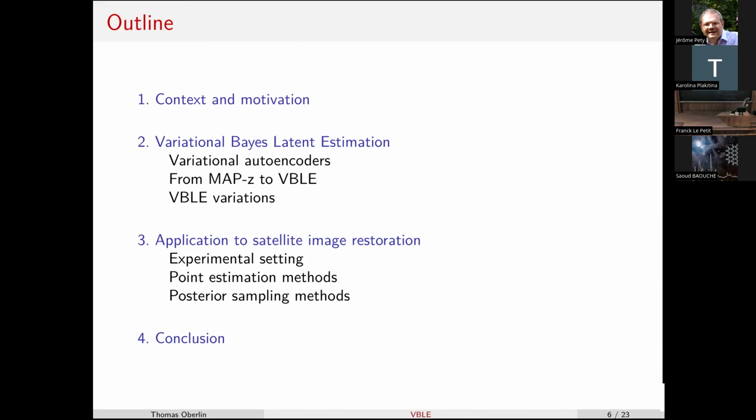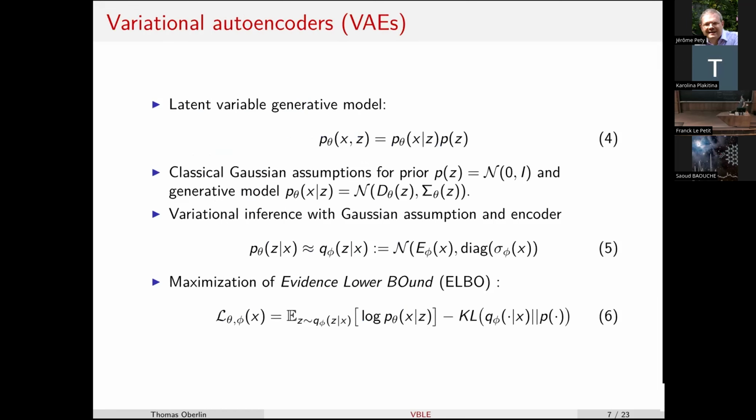Okay, so our method is neither a denoiser nor a diffusion model, though it has some links to them. It relies on variational autoencoders, and I will try to explain, starting with what a variational autoencoder is. It's simply a latent variable generative model. We are given a prior P of Z, where Z is a latent variable, and we learn to map Z to X with some parameter theta.